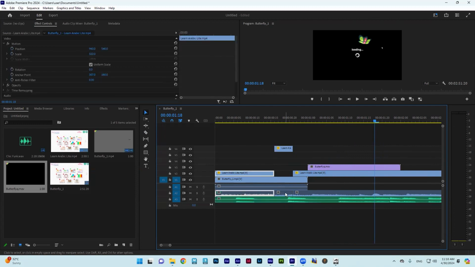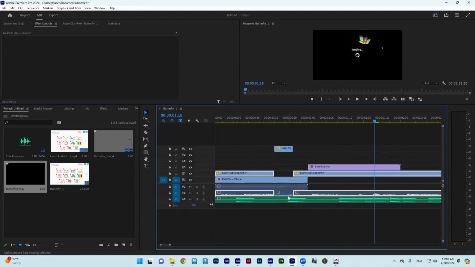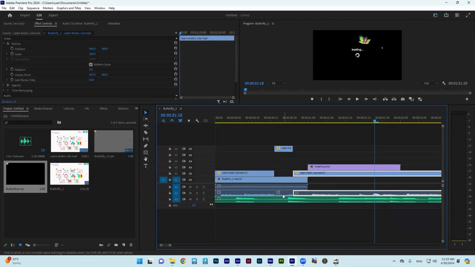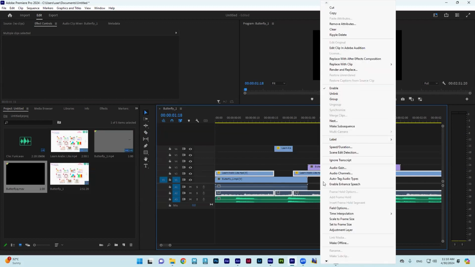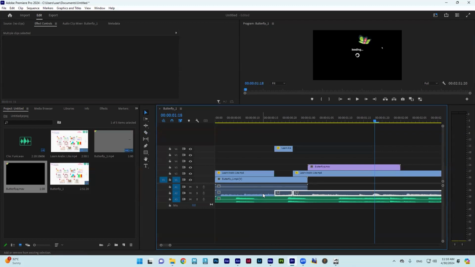For the audio file, I don't want that for now. With Shift, I can multi-select. I need to unlink all of them. For the audio file, I don't need this, so I'm going to delete. Here I have